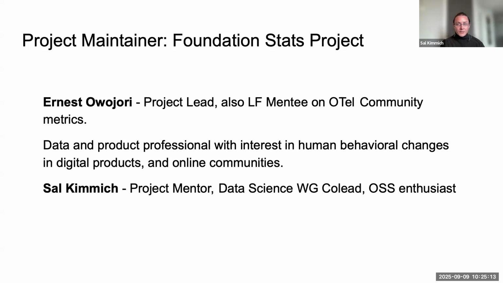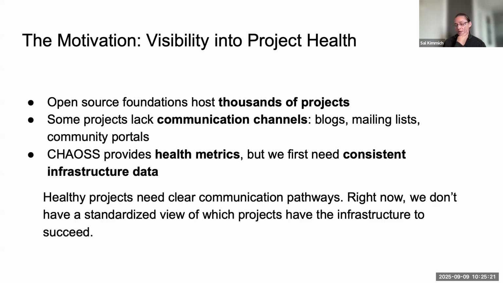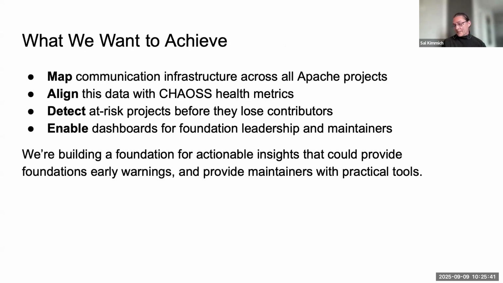So if I can create a pipeline that I can run again every quarter, that's going to be more interesting to me. So that's what we're aiming at. Now, our motivation here: we've got some access to some interesting data, and we don't have easy access to their communication channels. We really want to line those up and see if we can add those to the CHAOSS health metrics. And that is proving slightly more challenging than we had hoped, but we are finding our ways around that.